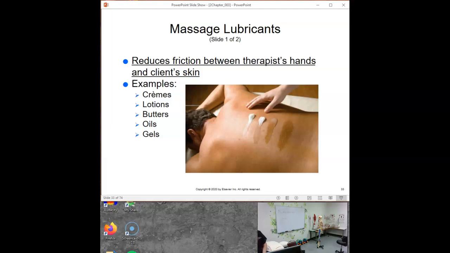So that's one reason. Second is your skin is part of the problem. It's one of the things we're working on. People's skin gets stuck to the lower layers of their body. It's a very significant thing. And we want to catch some of that skin so that we move it along. Third is we want some friction because friction increases blood flow. And blood is